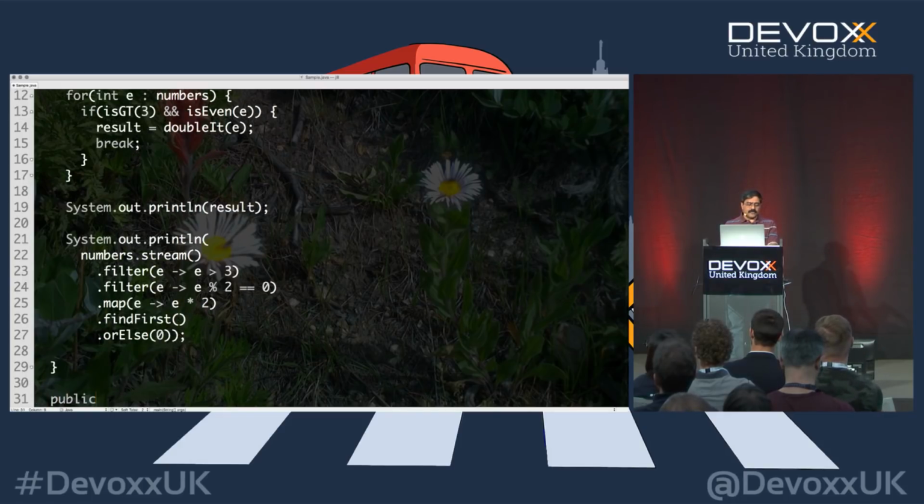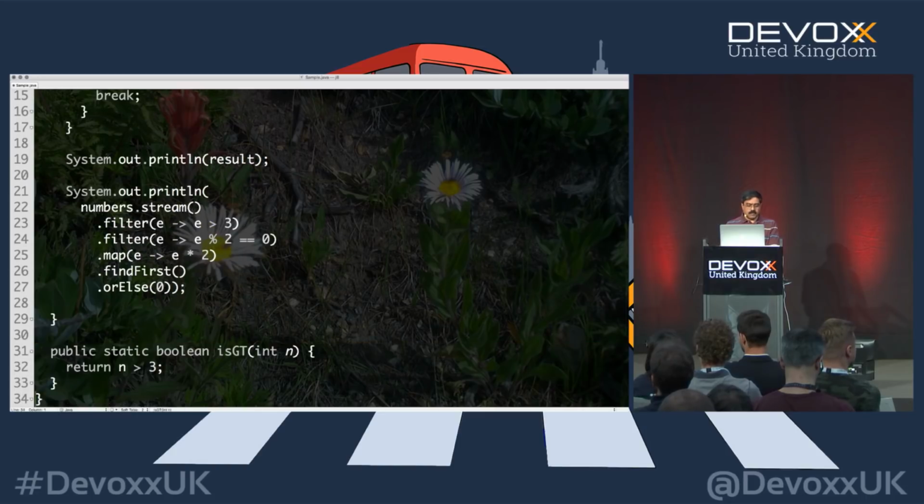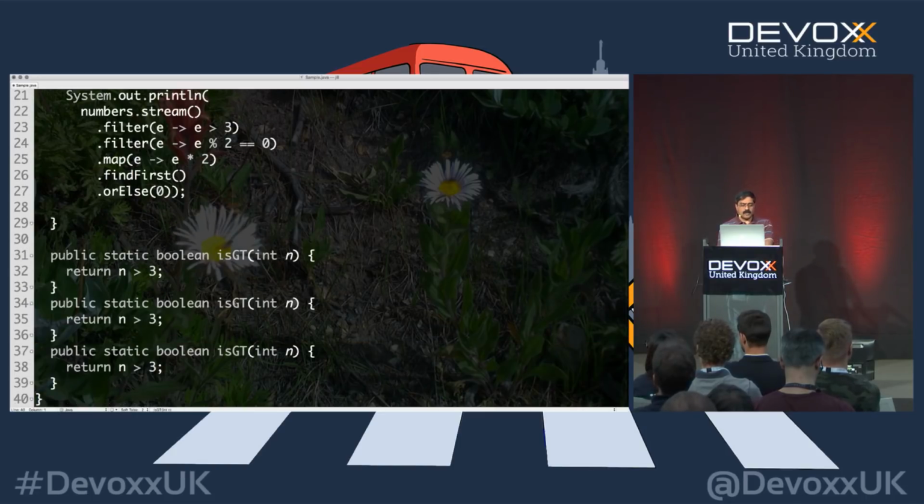Now I'm going to write the function public static, let's say, over here. And in this case, of course, I'm going to say boolean isGreaterThan, and I'm going to pass the number, let's say n over here. And all I'm going to do is return n is greater than 3. Likewise, I'm going to implement the other two methods here as well. Here's the isEven, which is simply going to return n mod 2 is equal to 0. And finally, this is going to return an int. I'll call this doubleIt. And this is going to simply return n times 2.